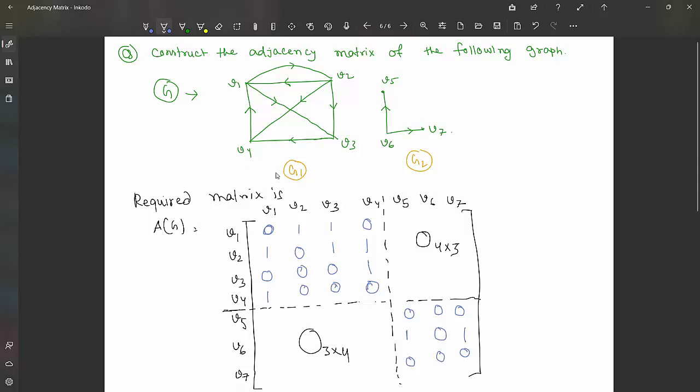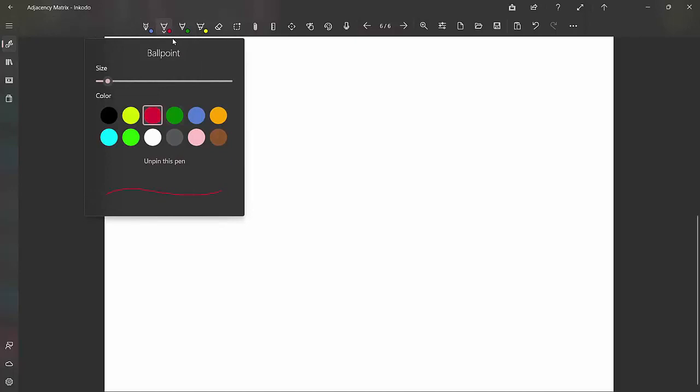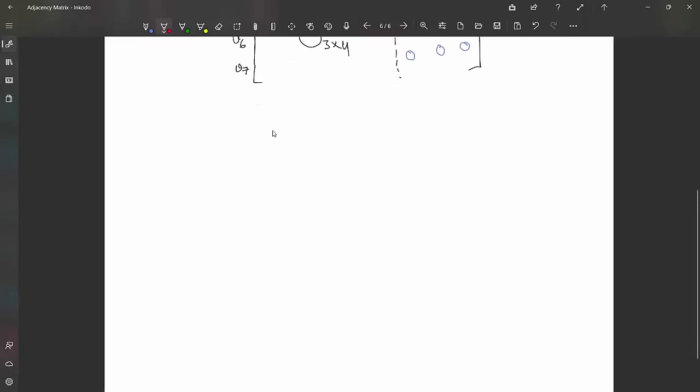Okay, so that is the process of how you can directly calculate the adjacency matrix of this type of directed graph. Now we come to another problem where the adjacency matrix will be given and you have to construct the graph, but this time we will give an asymmetric matrix, that means not a symmetric matrix. So take one matrix and construct the graph. So this is the problem, construct the graph